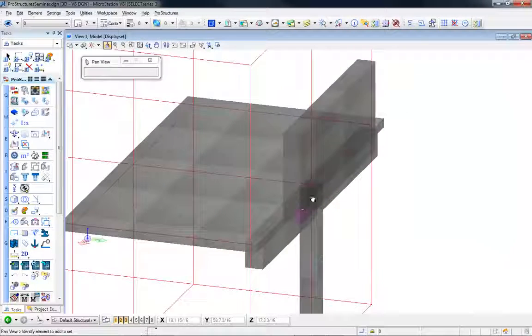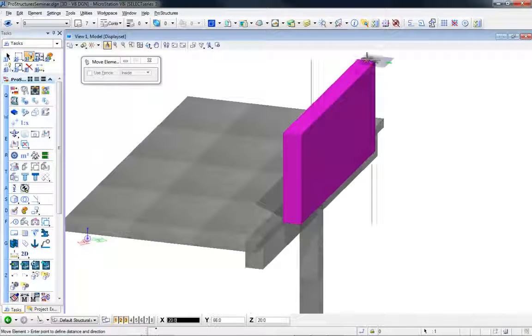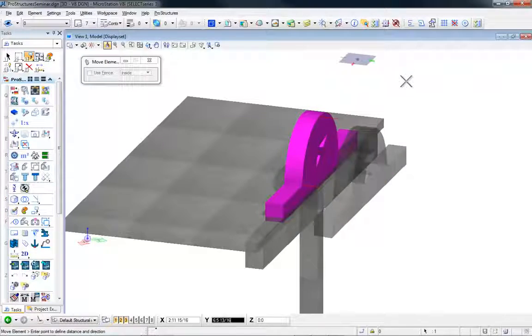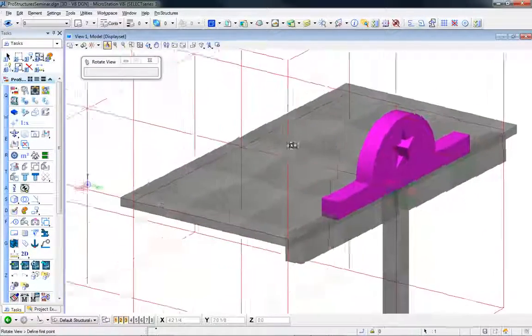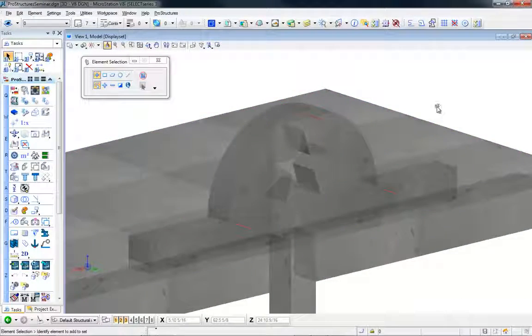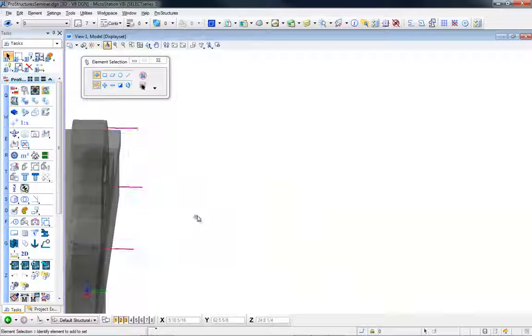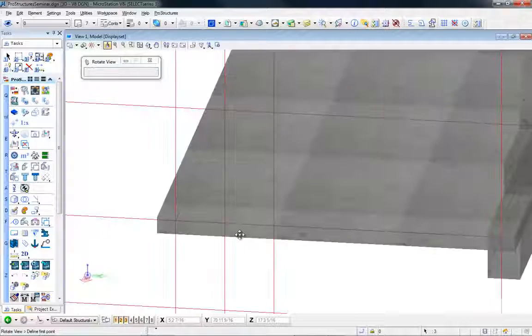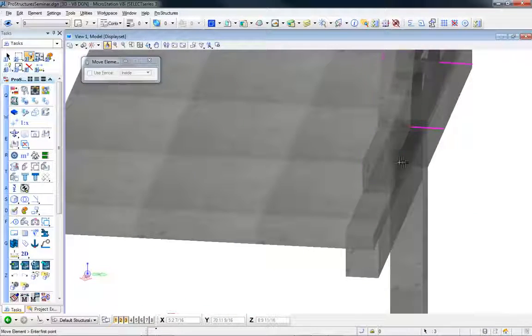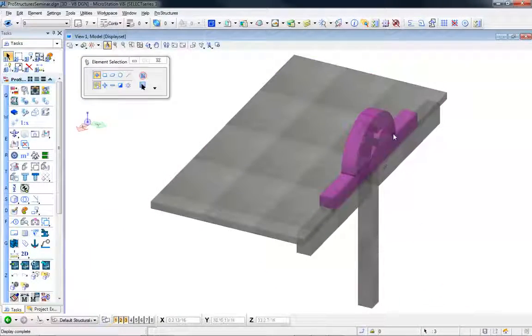Oh, I have to move it a little bit back. Select it, and I want to move it from here to there. You see now it's refreshed, and here is my beautiful object. Oops, I've missed some lines here. I want to move those from here to here as well. So I need these lines to show you something